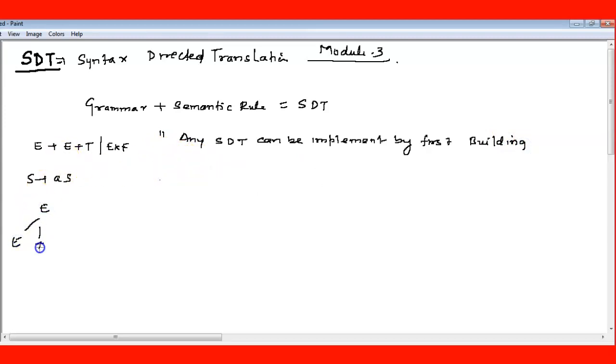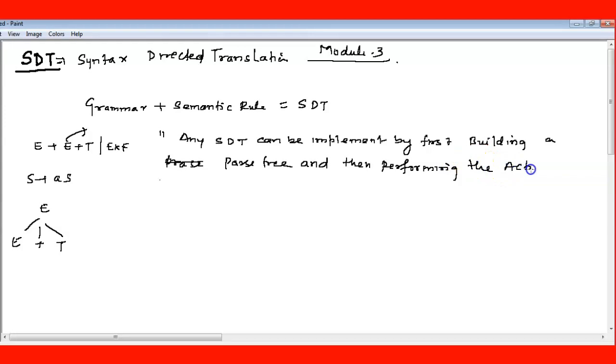Like E is equal to E plus T, whatever you have done. Then perform some action according to some rule, and perform the action in a left to right depth first order.